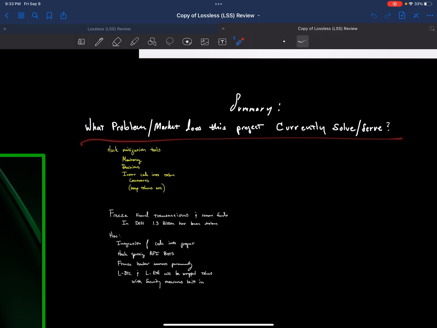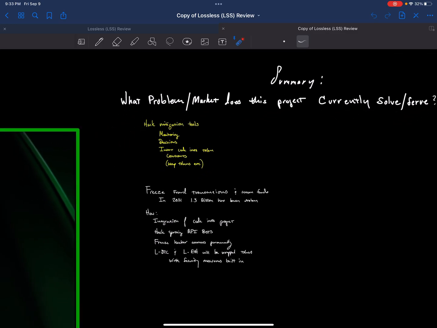What problem does this solve? It's a hack mitigation tool, toolkit. So basically, the service provided by Lossless as an entity is code, APIs. APIs are application interfaces. Basically, services provided to programmers, project owners, developers. It's basically just service protection, a layer or tools or functionalities that allow projects to add a little bit of a mitigation force against hacks, those kind of things. So it's basically just hacker mitigation.